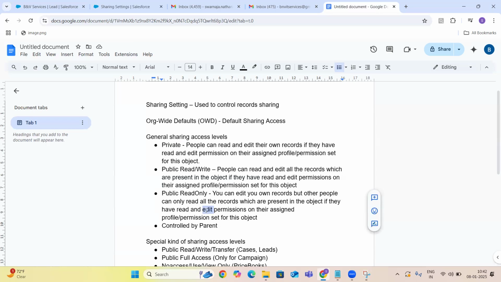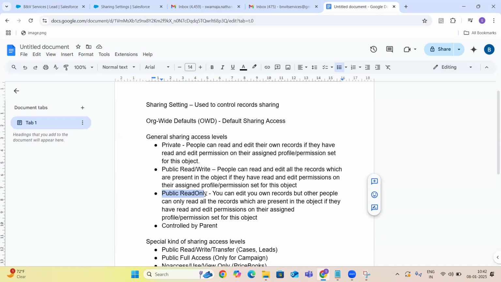But other people can only read the records. Even though they have the edit permission, they can't edit the records because the record level sharing for others is public read only. Public read only means you can edit your records if you have edit permission, but for all other people it's just read only.